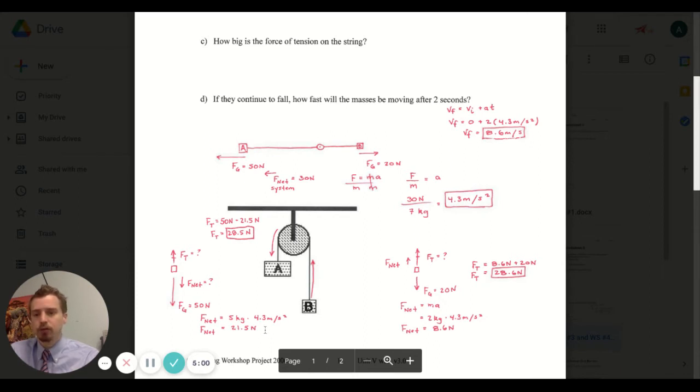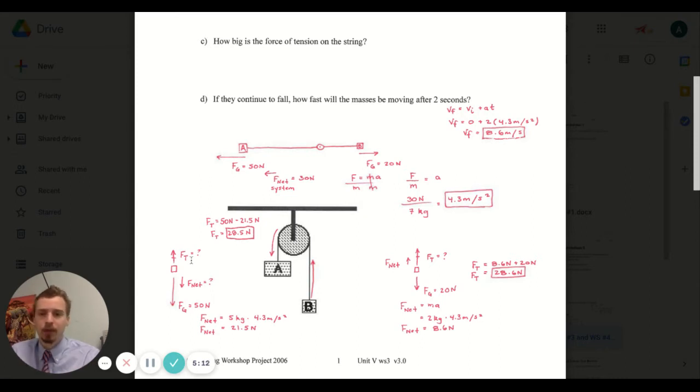You get a net force of 21.5 newtons down. So if we have 21.5 as our net force, and force gravity is 50 newtons, and you can tell the force gravity wins by 21.5, then that force tension must be 28.5, right? For block B, then, we can confirm that our force tension is 28.5, or roughly that, by going through